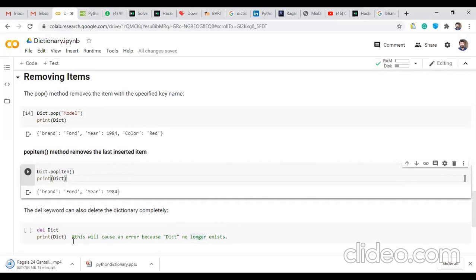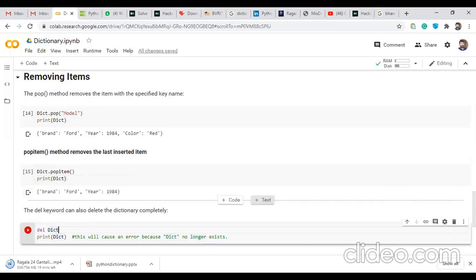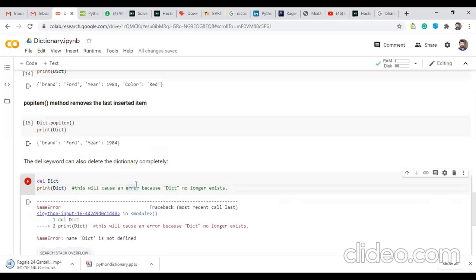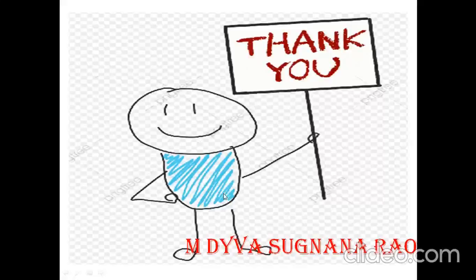You can delete the complete dictionary also. Del space dictionary name. Here this complete dictionary is removed. If you try to display the contents of the dictionary, it will generate an error because the dict dictionary no longer exists. So, likewise, we can fill form